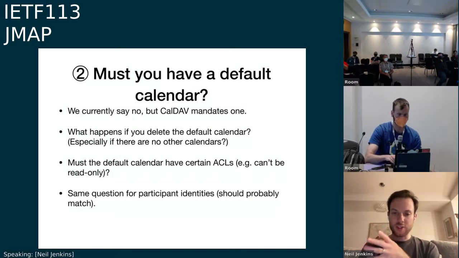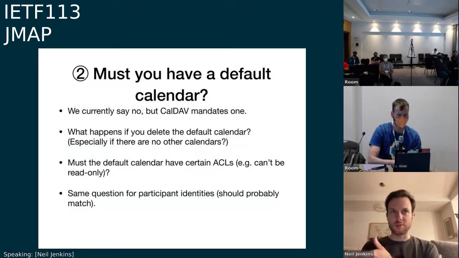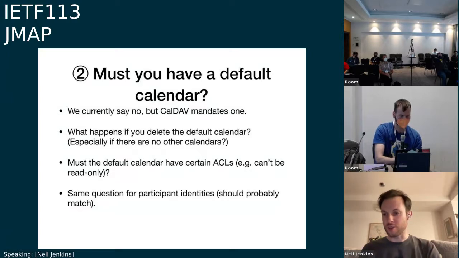The spec currently says no, which is based on our previous discussion, as I recall, just because you're picking one at random anyway, so why bother, just say explicitly I didn't pick one, I don't know which one is default. But CalDAV mandates one. I think Ken reminded me, so perhaps we should match. So anyone got thoughts on that?